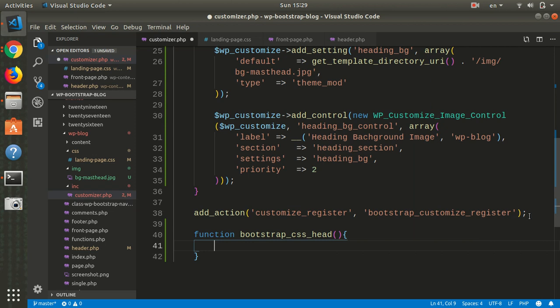And inside here we can basically put our styles inside the function,